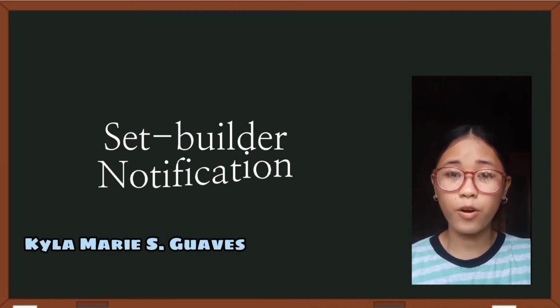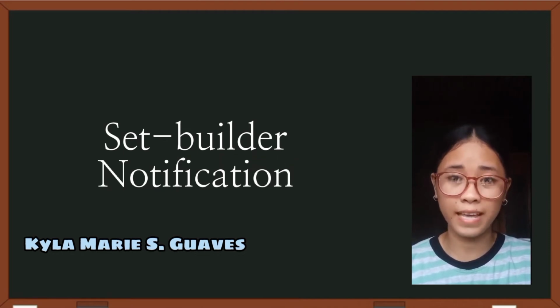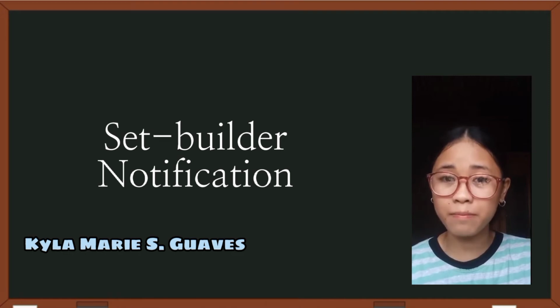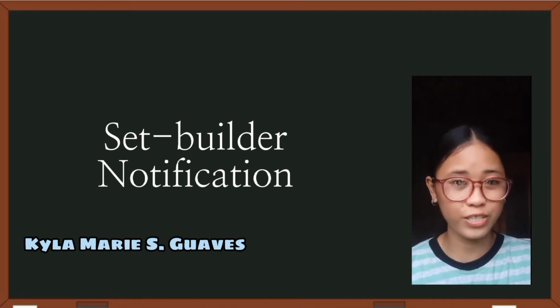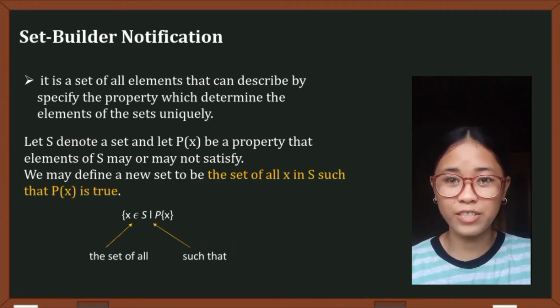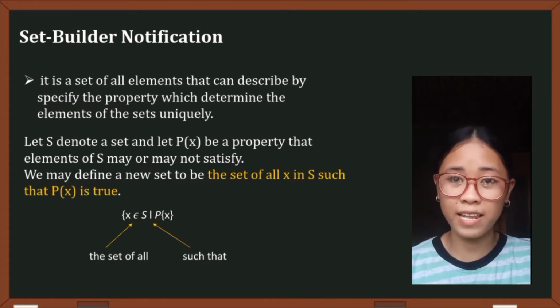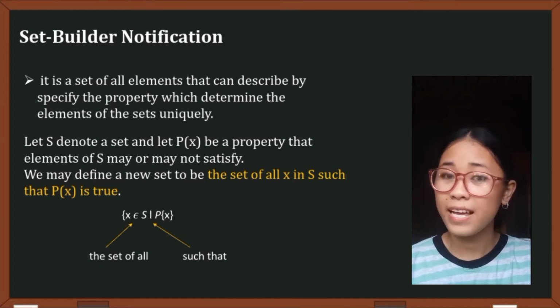This describes or defines the elements of the sets instead of listing the elements. I am Kayla Marie S. Gaves and I'm going to discuss the set builder notation. Set builder notation is the set of all elements that can be described by specifying the property which determines the elements